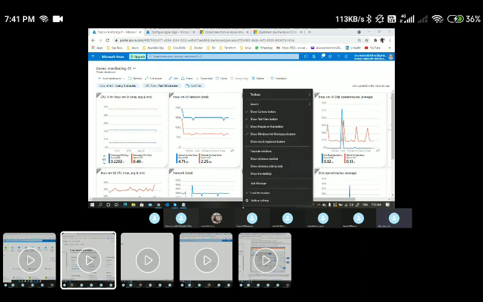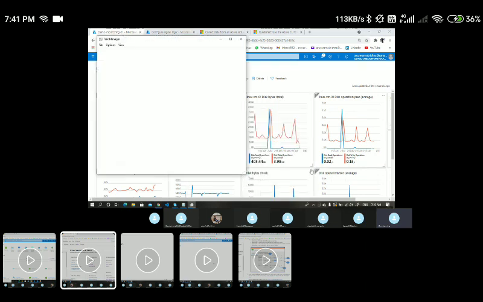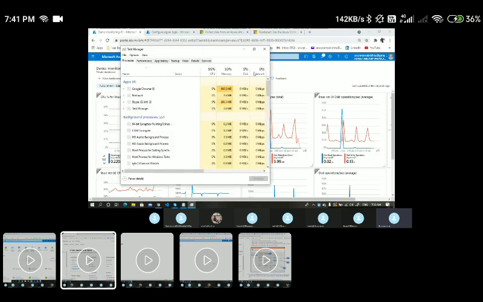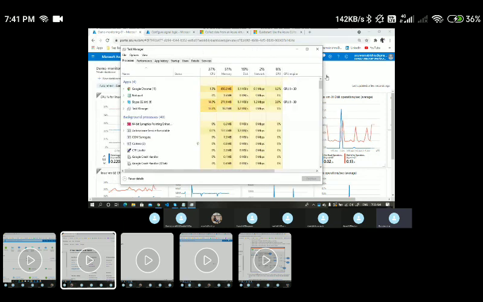For example, if I go to the Task Manager on my local system, I will be able to see how much CPU it is consuming. At this moment I have 21% or 17% CPU consumption. Based on the application load, your CPU will be utilized. Here you could see for my local system it is varying from 17